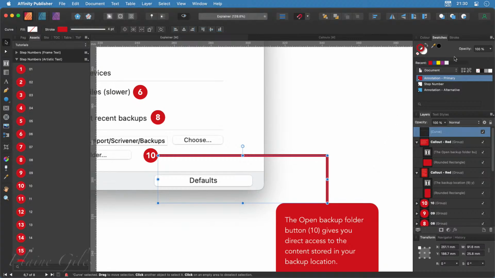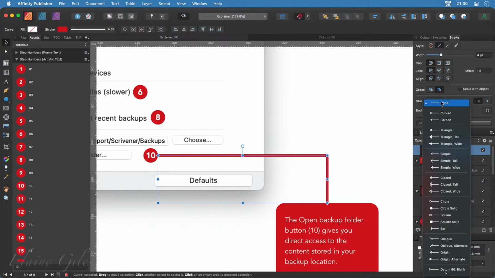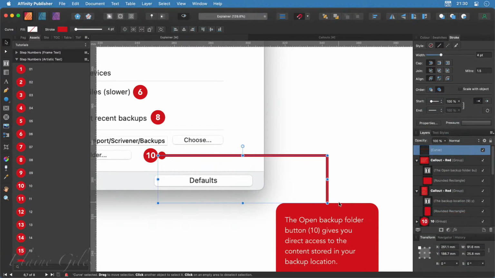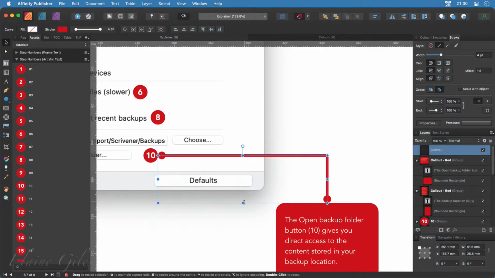Another thing that you can do on the stroke is that you can add start points and end points. And one of the ones that works really well here is a solid circle. That is possibly a smidgen big, but we can deal with that. So you could make that a bit smaller,